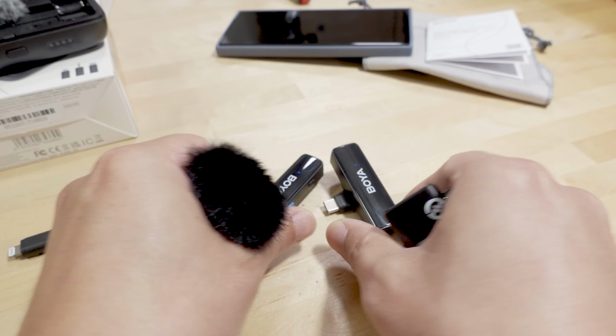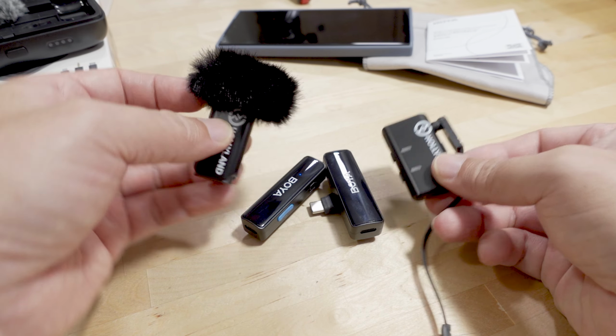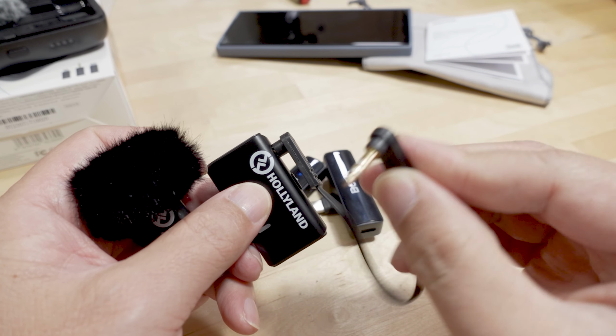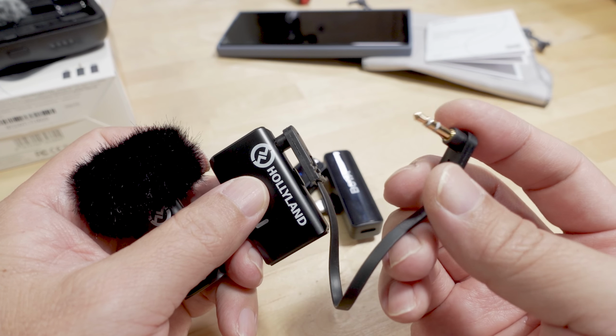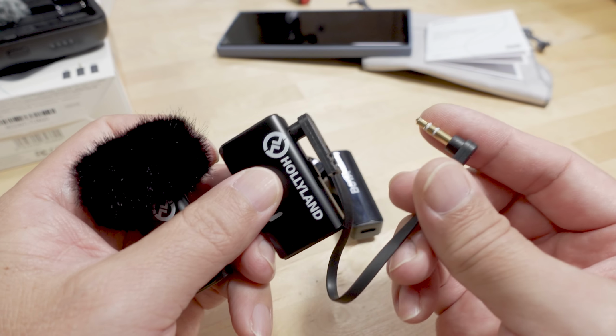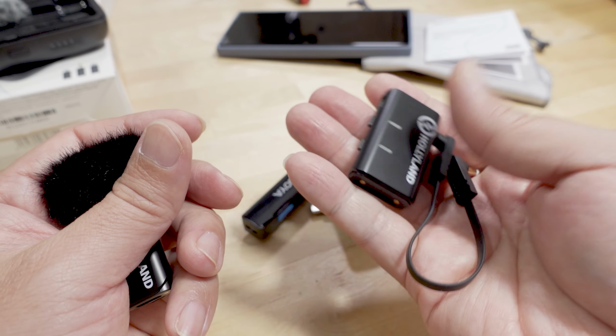The reason I switched from this is, well, one, this is a little bit bigger in terms of size. So you can see comparatively, it's a little bit bigger, heavier. That's not a huge deal. It does come, obviously, with the 3.5mm TRS adapter for your cameras. You can also get a USB-C to 3.5mm adapter, so I can use it with my smartphone, but it's a bit bulky